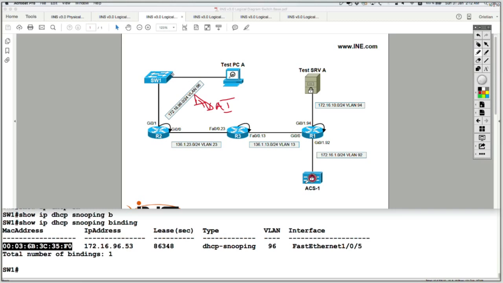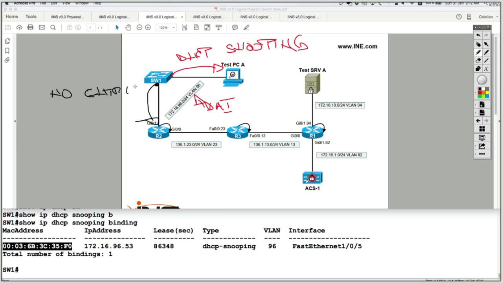On this port facing PCA, because PCA was dynamically assigned, I have an entry in the DHCP snooping table. But for this port facing router 2, because router 2 has a static IP address, there are no entries in